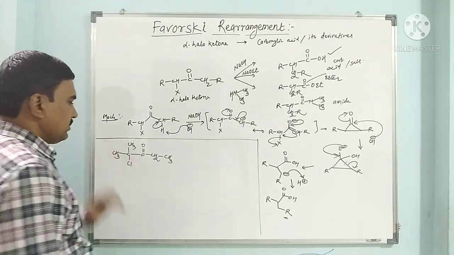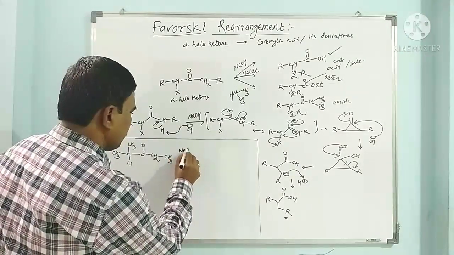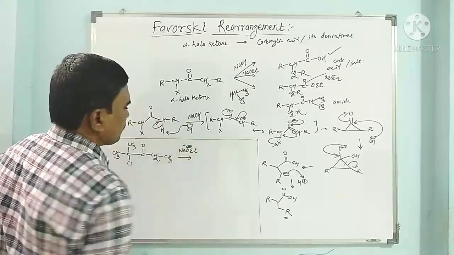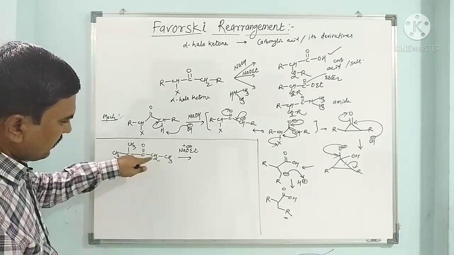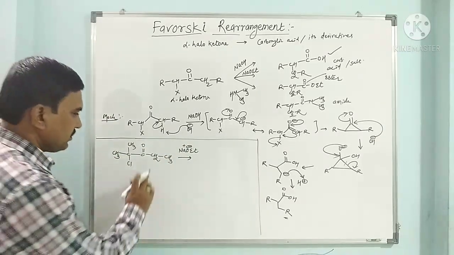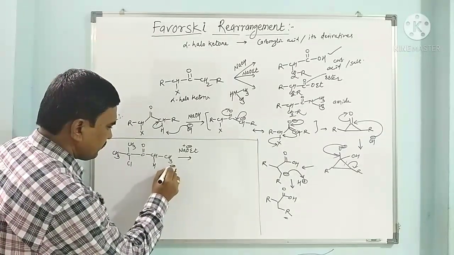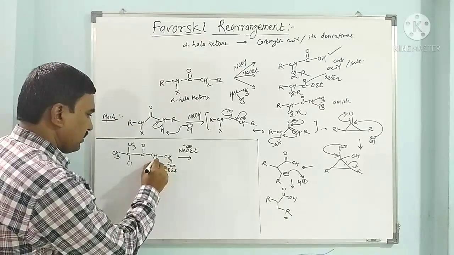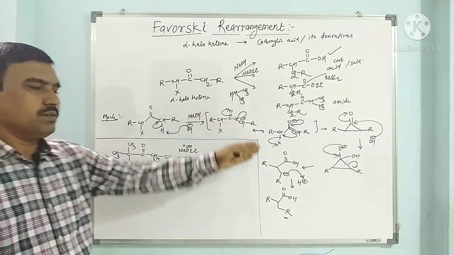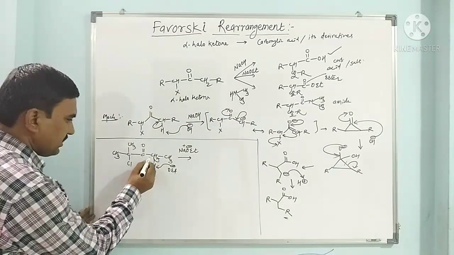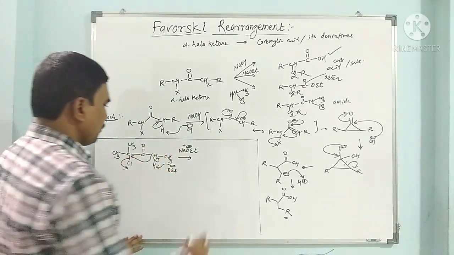Okay. Now this reacts with a base such as NaOEt, sodium ethoxide. Now this is the alpha carbon having chlorine. So this alpha carbon's proton is abstracted by the base. So we can write this proton like this. So OEt minus takes the proton. Electron density goes to this. Again this enolate ion can be generated. Now we are not writing again the complete mechanism of this. So here this carbanion attacks here, and this Cl departs, and we get cyclopropanone.